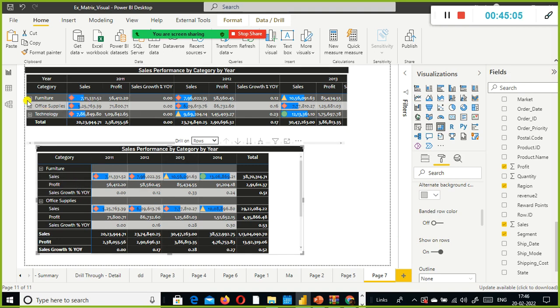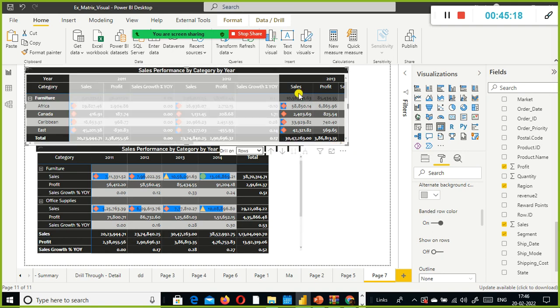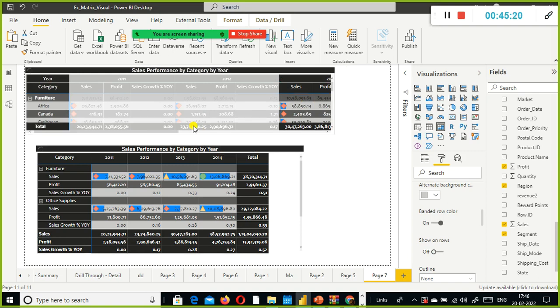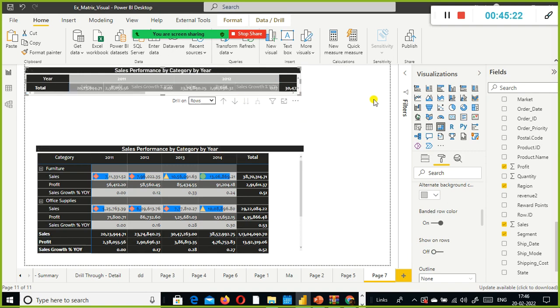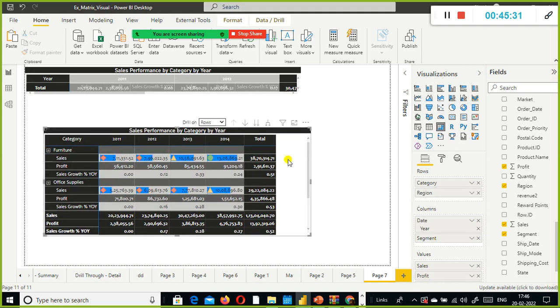What is the stepped feature? The stepped feature is something like when I expand this one, when I drill down further. Let me just minimize this one because it's difficult to scroll towards the right, the matrix is very big. Now if you look here, these are the drill down, drill up icons.